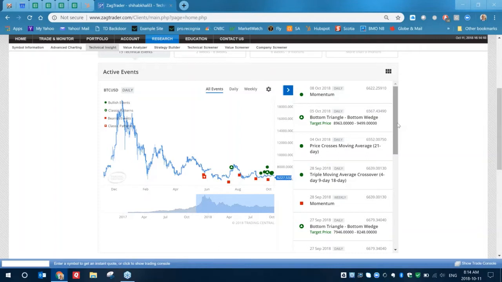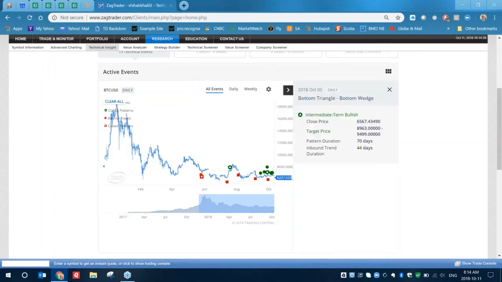And the reason classic patterns are brought out separately is because they can give us target prices based on the principles of technical analysis. So notice that for the Bitcoin to US dollar cross, we've had a number of different classic patterns over the last few weeks. We had a bottom triangle on October the 5th, and another bottom triangle on the 27th of September. And if I click on any one of those, for example, we can actually draw that triangle pattern on our